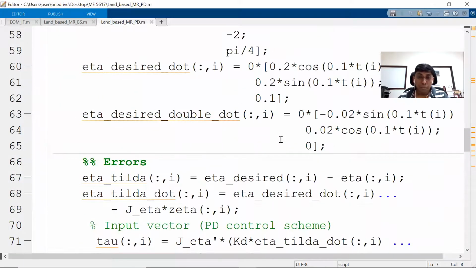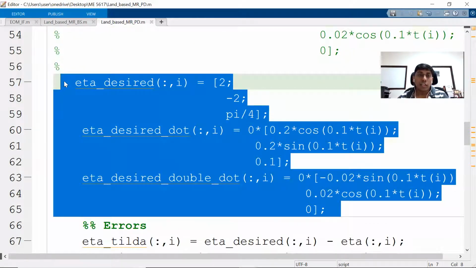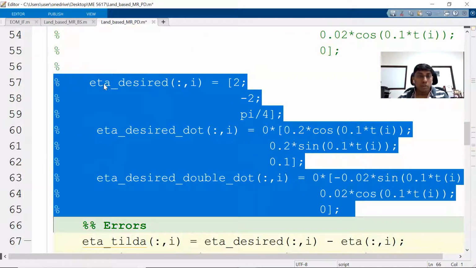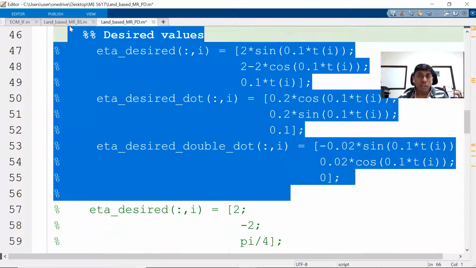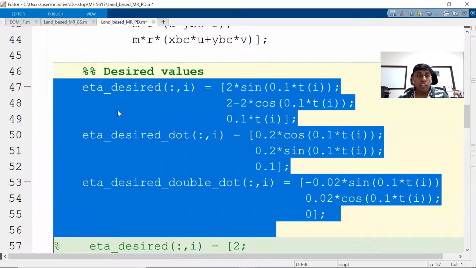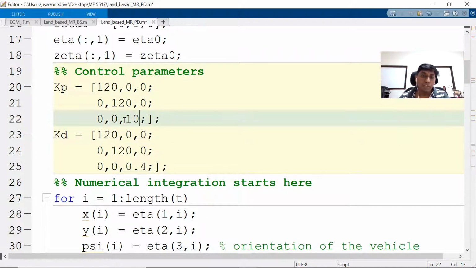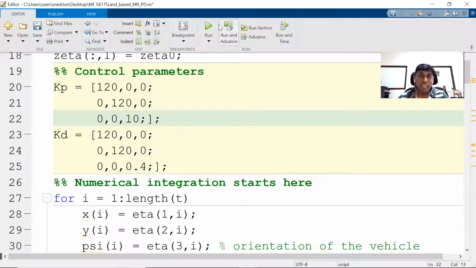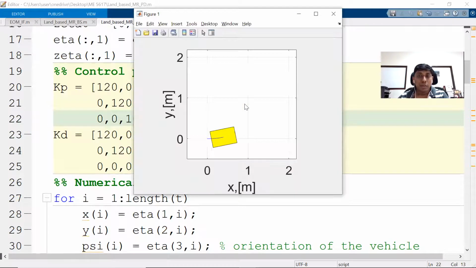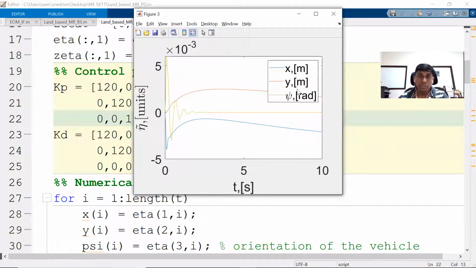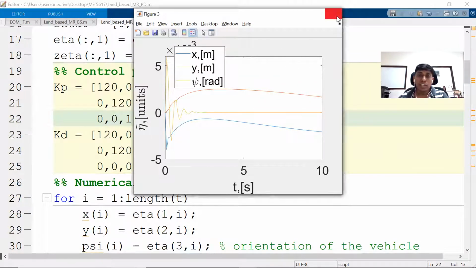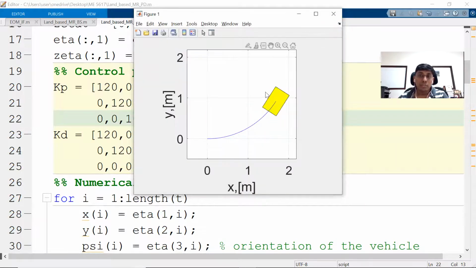So this is a simple PD control. The PD control itself is much more reliable, since we are moving in a very slow phase, and that is one consideration. But further, you have to look at the control gain tuning. For example, unknowingly I have given a higher value here, so you can see there would be an adverse effect. We can see that adverse effect. It is supposed to go 2 meter, right? Which it is not trying to do.